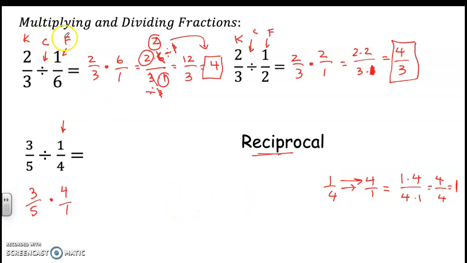So keep, change, flip, it's fine. It's the same idea. Or multiply by the reciprocal, meaning this fraction will be the inverse. Yeah, technically you're flipping. So my final answer will be 3 times 4, which is 12, and 5 times 1,